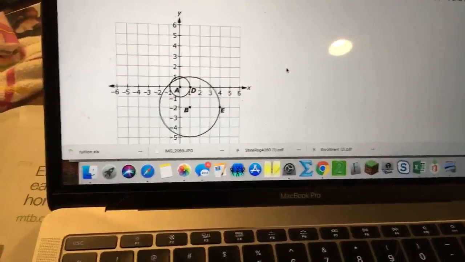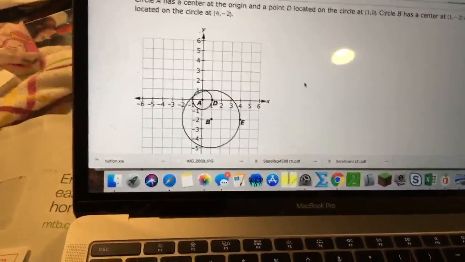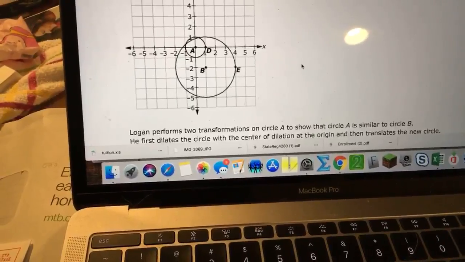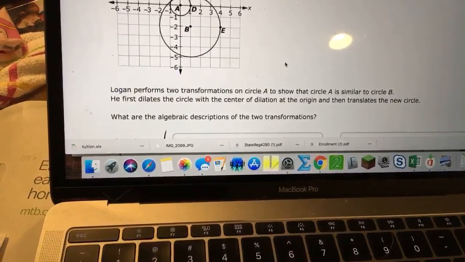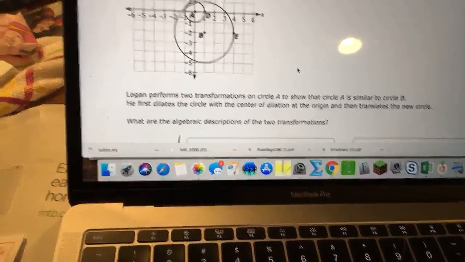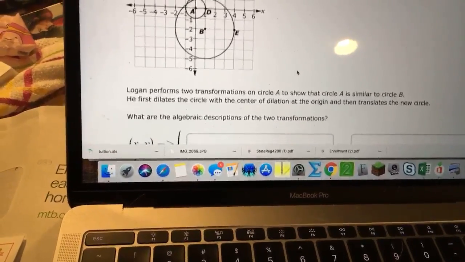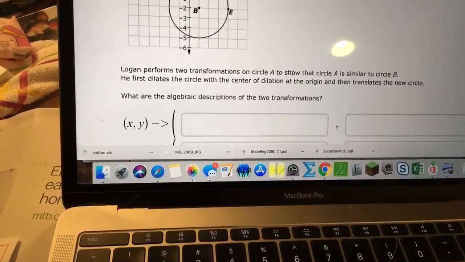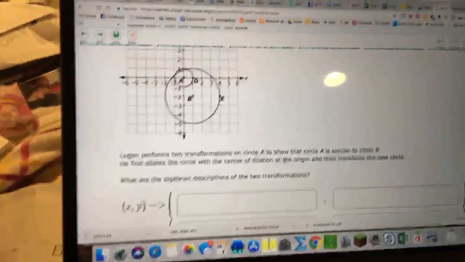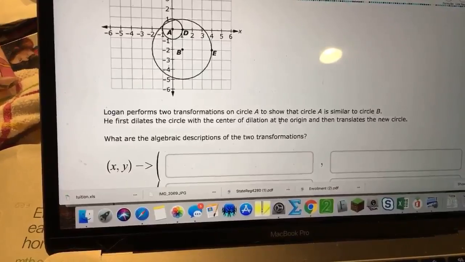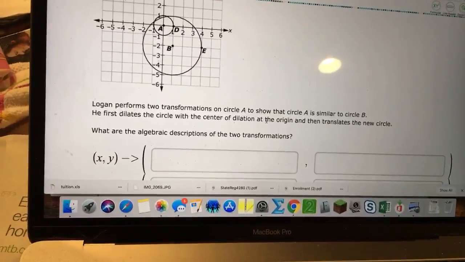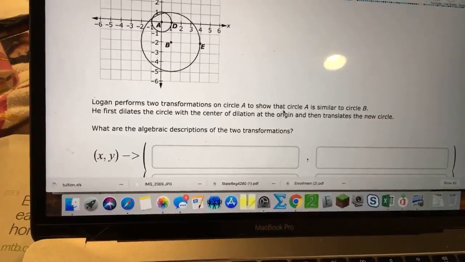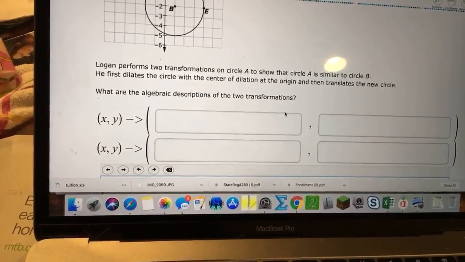Circle B has a center at 1, -2 and a point E located on the circle at 4, -2. Logan performs 2 transformations on circle A to show that circle A is similar to circle B. He first dilates the circle with the center of the dilation at the origin and then translates the new circle. What are the algebraic descriptions of the 2 transformations? All right, so